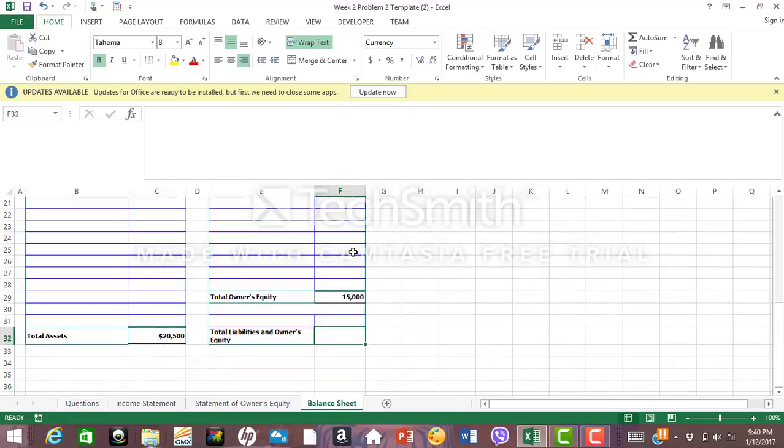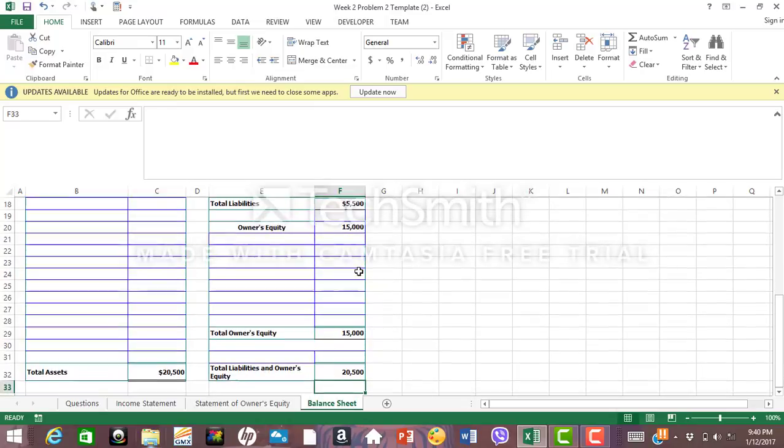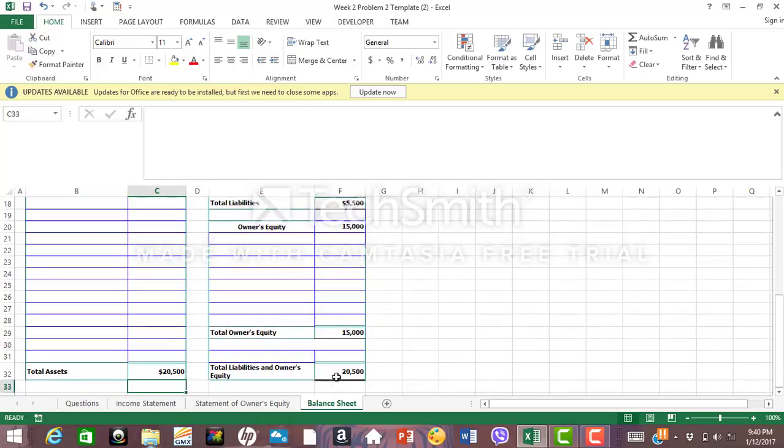Now I add my owner's equity plus my liabilities, and I should be getting the same thing as my assets. And there we go. Now I have total assets right here, which are 20,500, and then I have total liabilities and owner's equity, which is